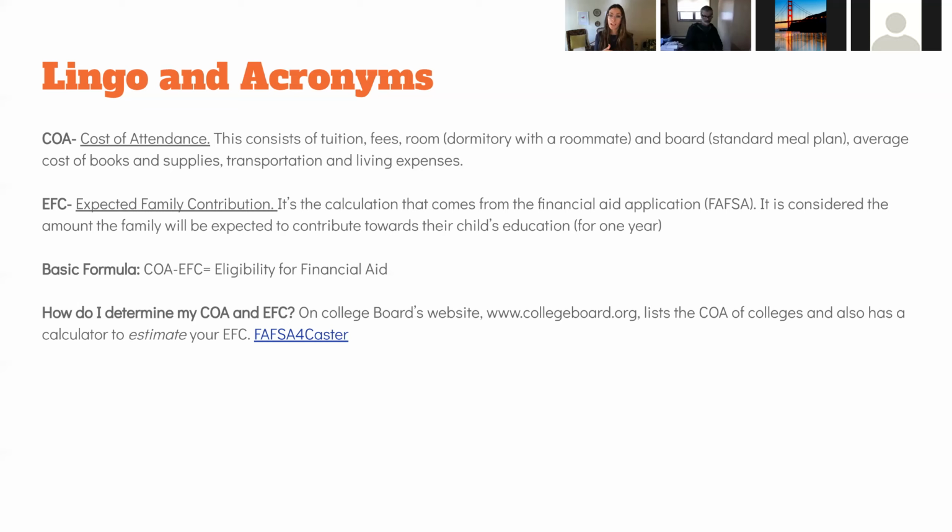The basic formula then is the cost of attendance minus the EFC, and this is your eligibility for aid. And this is what we were looking for in that FAFSA forecaster. So how do you determine the cost of attendance and how do you determine EFC? Again, cost of attendance is that big number that includes tuition and room and board, as well as living expenses. That's going to be on your College Planner Pro profiles. You'll also see that on College Board if you're looking up colleges there. And then the EFC is calculated using a calculator like the FAFSA forecaster, and I will be showing you one other one that you can use.